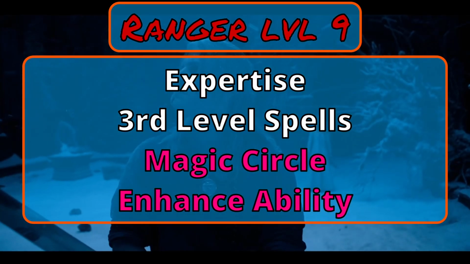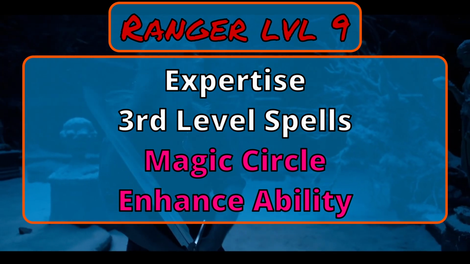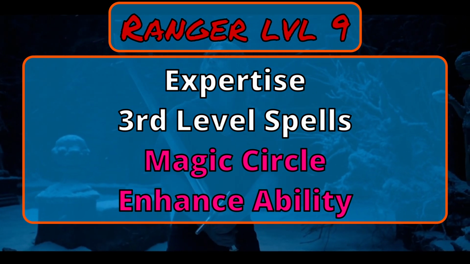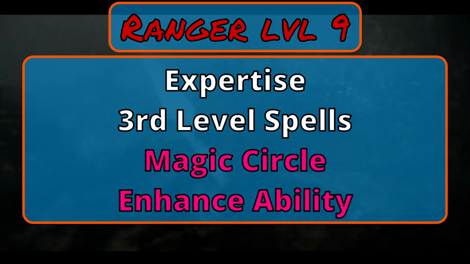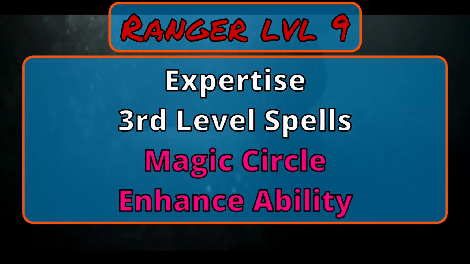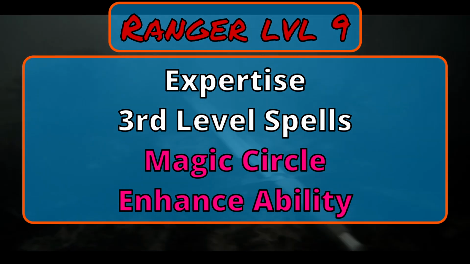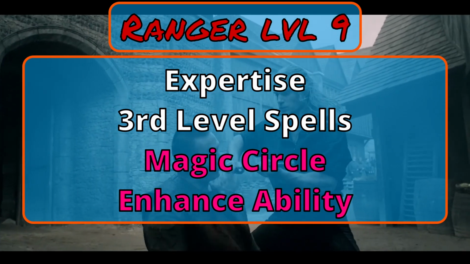For your Slayer spells, Magic Circle lets you create a 10-foot radius, 20-foot tall cylinder within 10 feet from you for 1 hour. When you cast this, choose one creature type from Celestial, Elementals, Fae, Fiends, or Undead. While this spell is active, the selected creature can't willingly enter the circle by non-magical means,